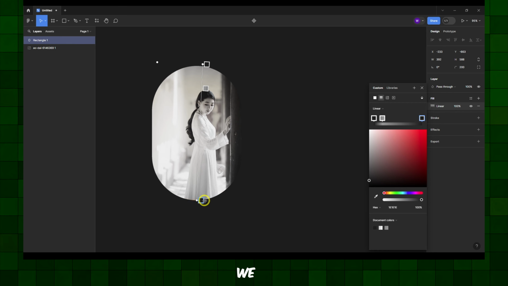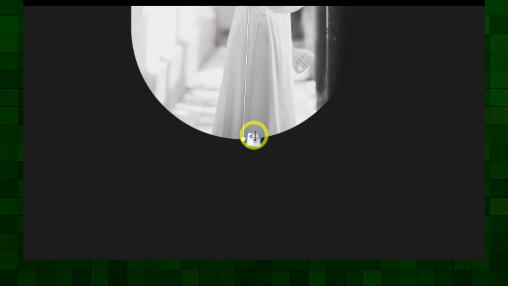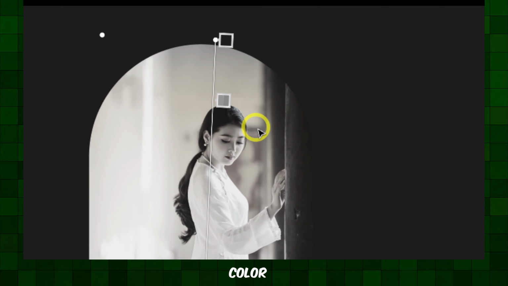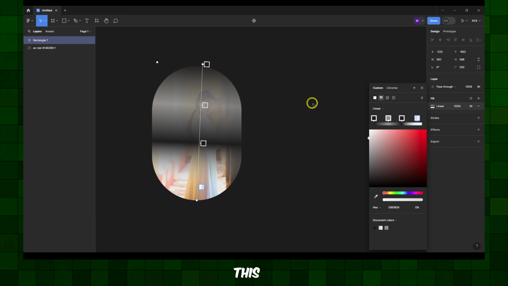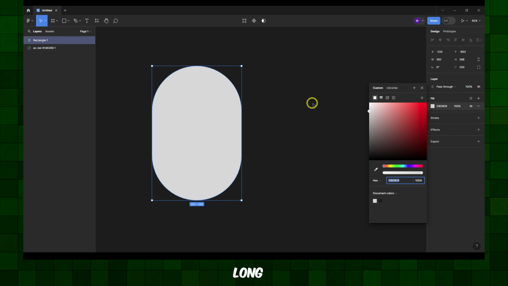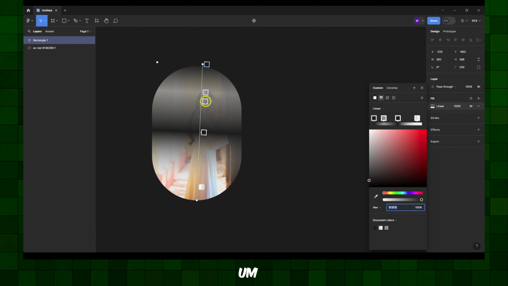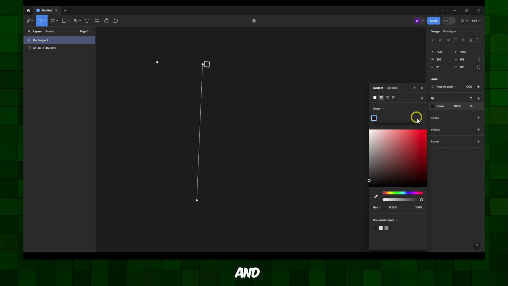And we can also grab this all the way down here, and now we don't even have color here, which is a cool effect. And now to show you how to create this, because I'm making this video too long already, I'm sorry. What you can do also to delete this, select it, press delete on your keyboard, and